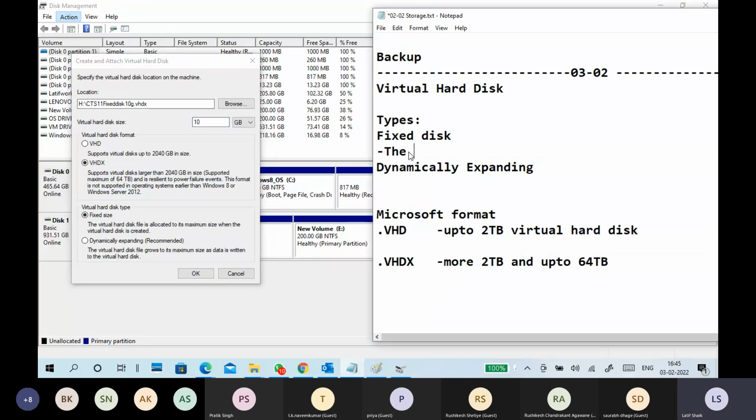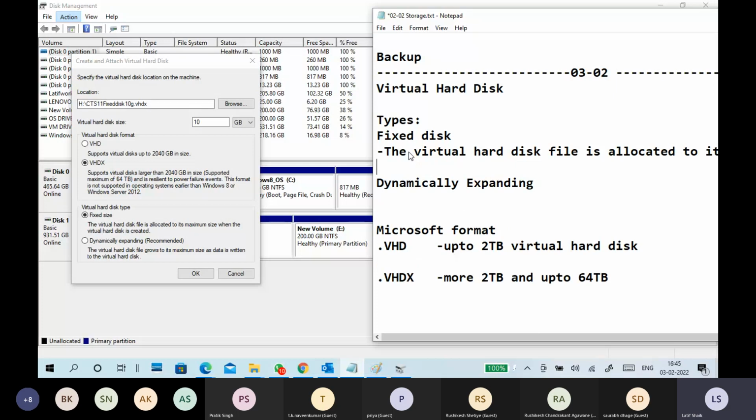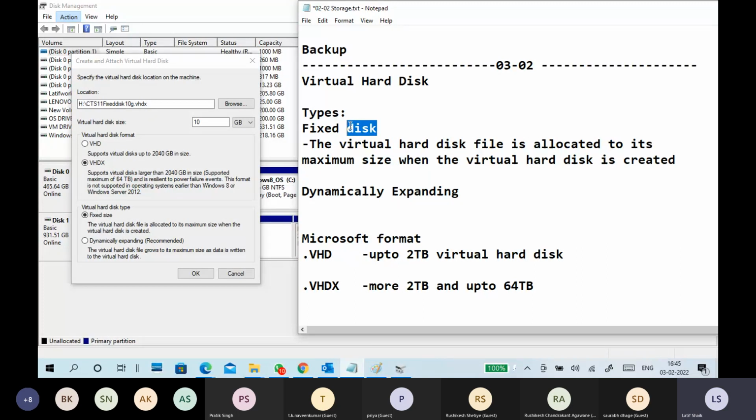A virtual hard disk file is allocated to its maximum size when the virtual hard disk is created. This is fixed size.